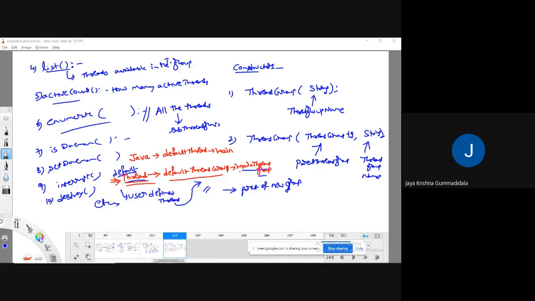Based on the syntax you can understand: am I passing any thread group name? No. If I am not passing any parent thread group name, it will take the default thread group as parent. But here, whatever thread group name I define, it will be considered as the parent thread group.